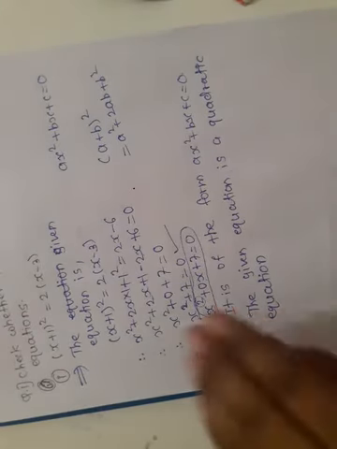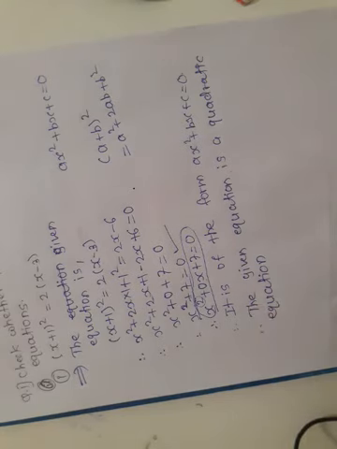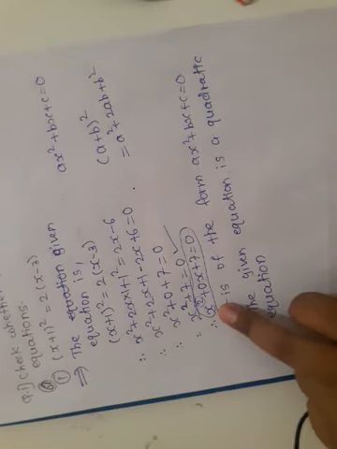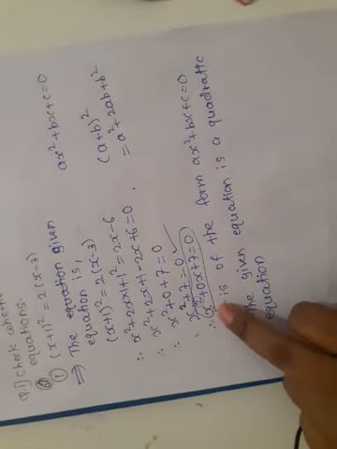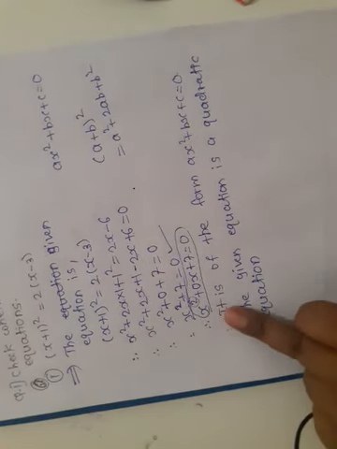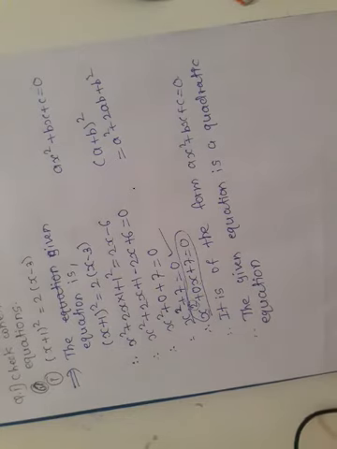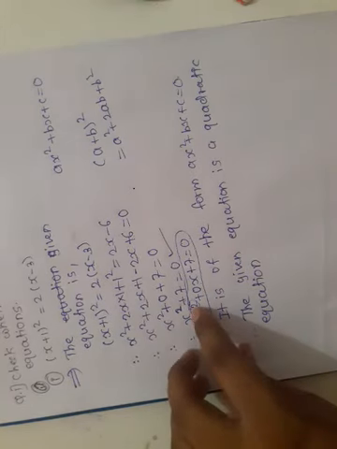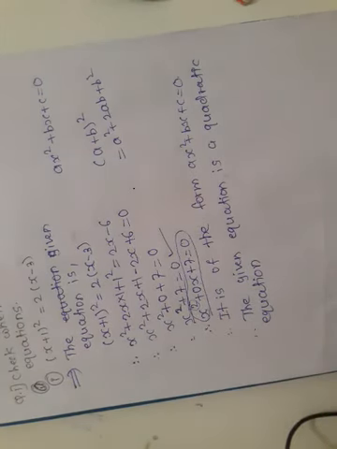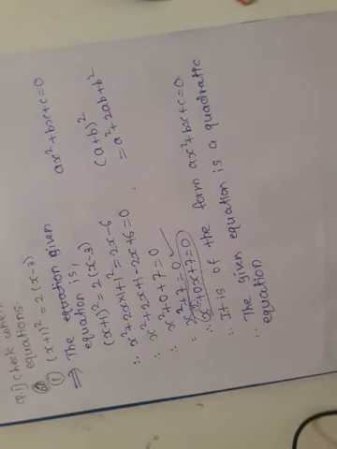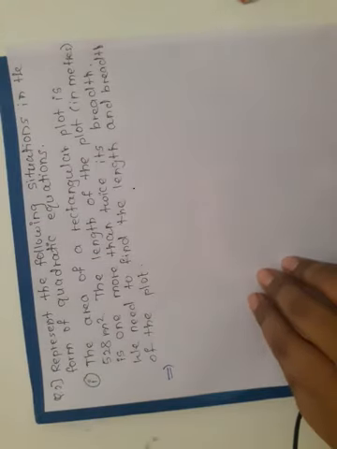So in this way try to solve the other examples also. If you have any problem, then ask me. The variable must have degree 2, then and only then we can say that the given equation is a quadratic equation. If it has degree 3, degree 4, degree 5, that is x cube or x raised to 4, then it is not a quadratic equation. So try to solve other examples yourself. Thank you. Now come to the next question, question number 2.